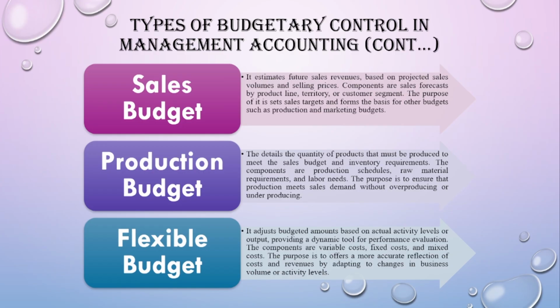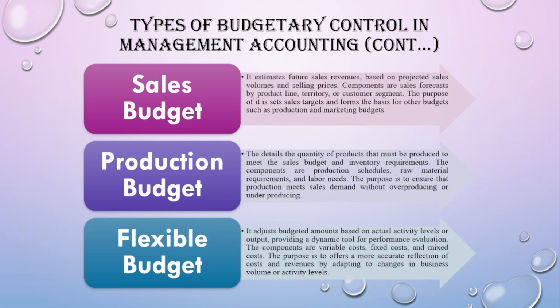Another type of budgetary control in management accounting is the flexible budget. It adjusts budgeted amounts based on actual activity levels or output, providing a dynamic tool for performance evaluation. The components are variable cost, fixed cost, and mixed cost. The purpose is to offer a more accurate reflection of costs and revenues by adapting to changes in business volume